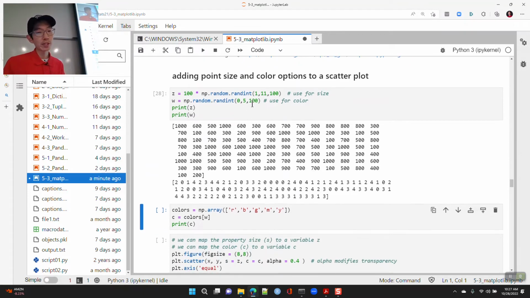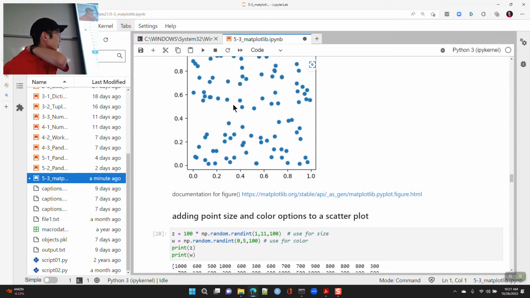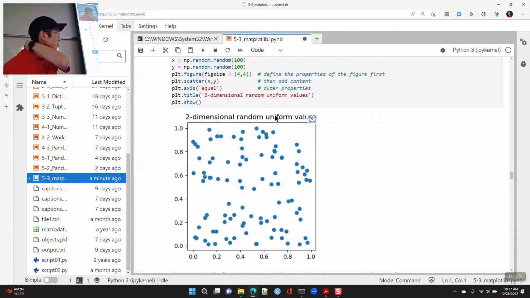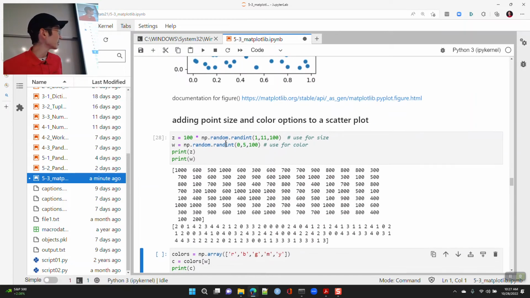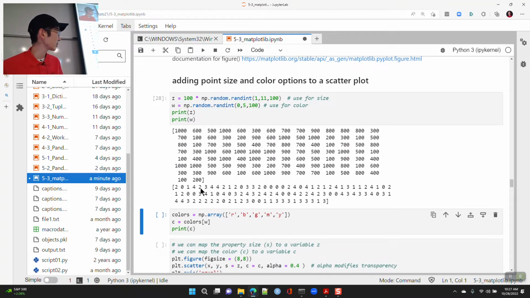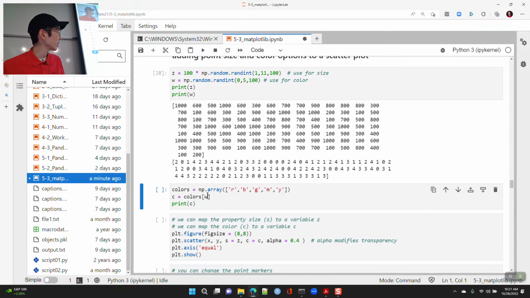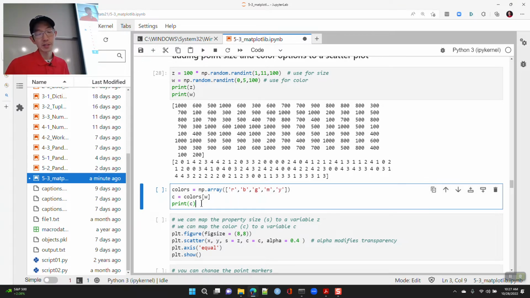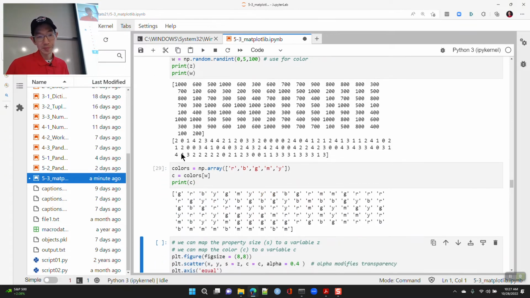So you can have a vector for the size. The very first dot I'm going to make size 1000, the next dot is 600, and so on. It's just random x values and random y values. Then here's another vector for the colors. I just made some integers: 2, 0, 1, 4, 2, 3, etc. I have these 5 colors: red, blue, green, magenta, yellow, and I'm going to select the colors based on their index number.